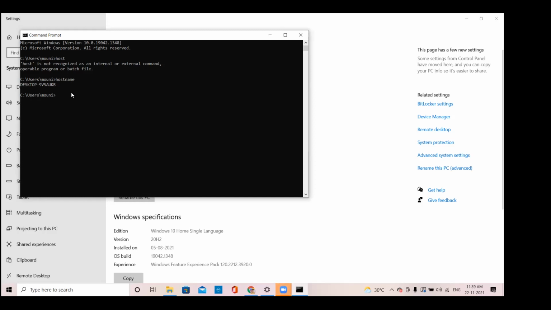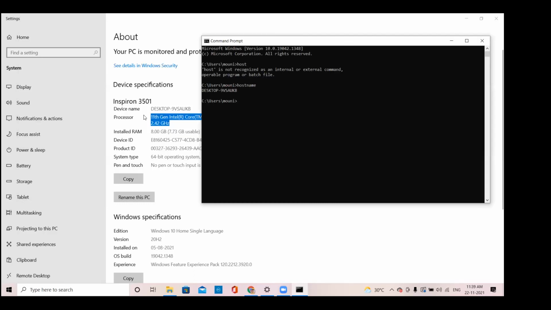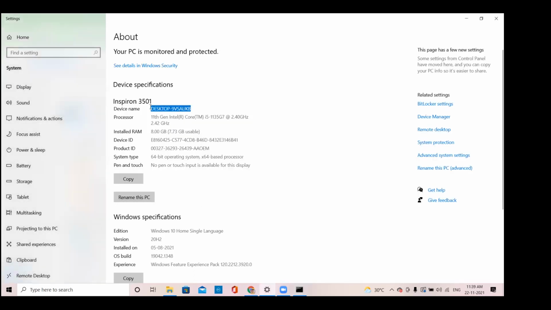Host name means nothing but machine name, your machine name. Clear? See, that's what is shown, hold on. So let me take control. See, that's what it is showing here as device name. This is nothing but your host name, right? Host name is nothing but your device name. What is your computer name? That is the name given by the guy who installed software on your machine. If you want, you can change it. Okay, we'll see that later. All right. So thanks, Achut. I'm stopping your screen share.